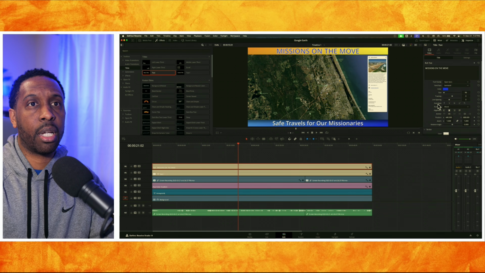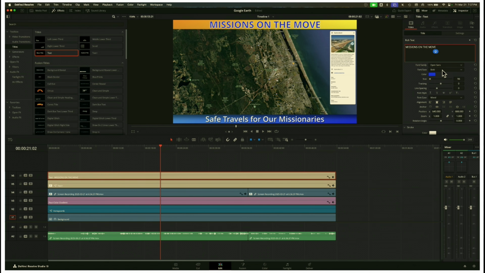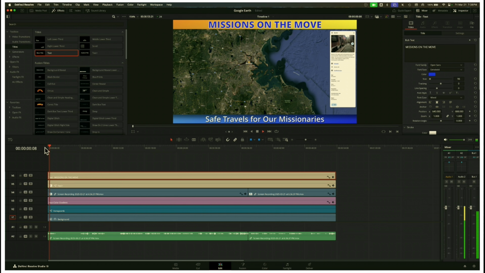And right now the font is semi-bold. Let's see what it looks like if it's completely bold, right? Instead of semi-bold. And you got font family, but then you also have the font face, which changes if you want it to be italic and all those kind of things. And that's there. So I can make it extra bold, right? I like it extra bold with that white line around it. That looks great. Okay, so now we go back to the beginning of our video, and I can hit spacebar,